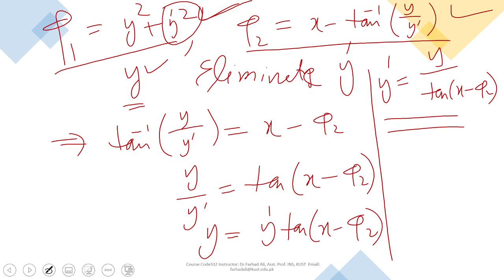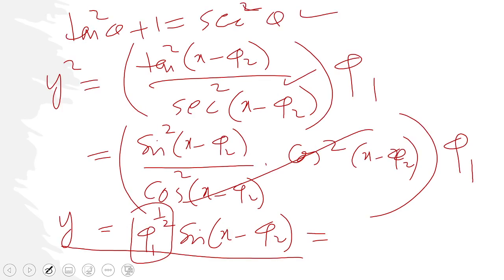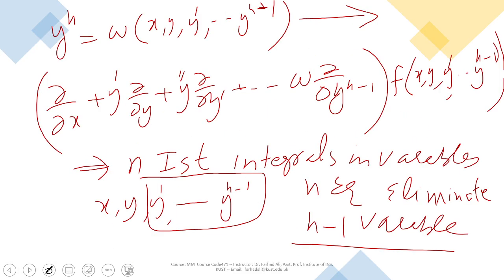With three equations you will have to eliminate two variables, y dash and y double dash. If you have n equations in n first integrals, you have to eliminate n minus 1 variables, and you will do that easily. So that is the relation between